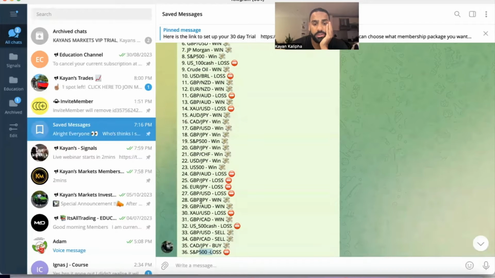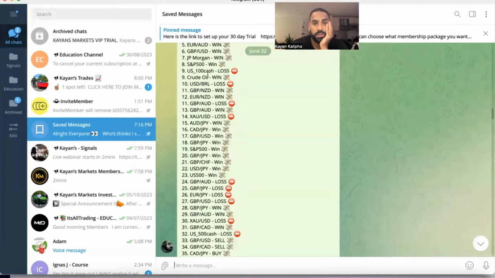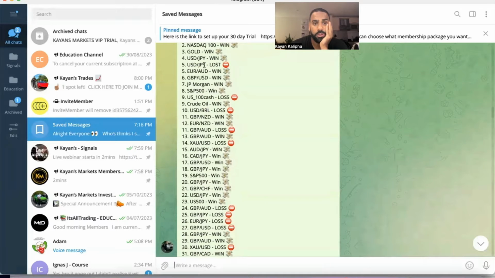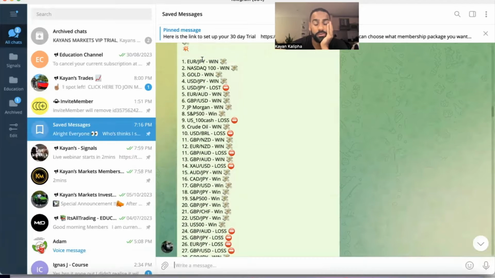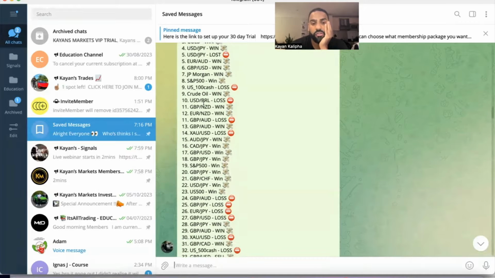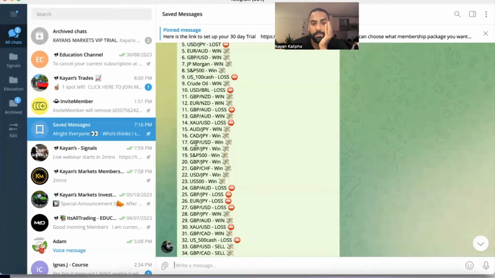1 winning trade, 2 winning trades, 1 loss, win, win, win, win, loss, win, win. So more wins than losses, but definitely been trading the yen a lot. I missed some out here as well. Quite a few wins here. Yeah, there's been a lot of trades we took against the Japanese yen,